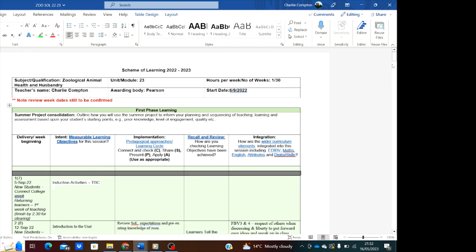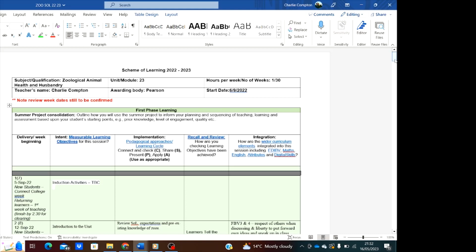So, as I explained in the main description of my Wakelet, I am trying to give my scheme of learning a complete overhaul anyway, because I inherited this from a different member of staff. I was very happy with that at the start of the year. It all looked hunky-dory, but as I've progressed through the year, I've realised that I should have made some adaptations. But luckily I get to do it all again next year, and I'm just going to show you a section